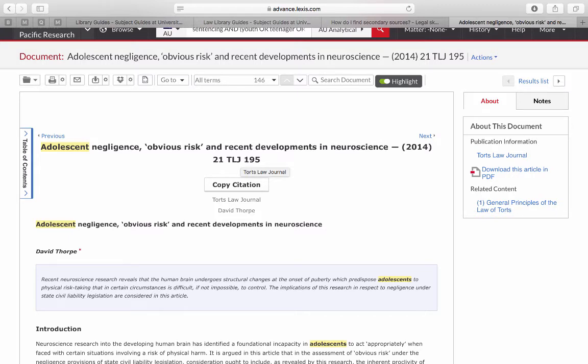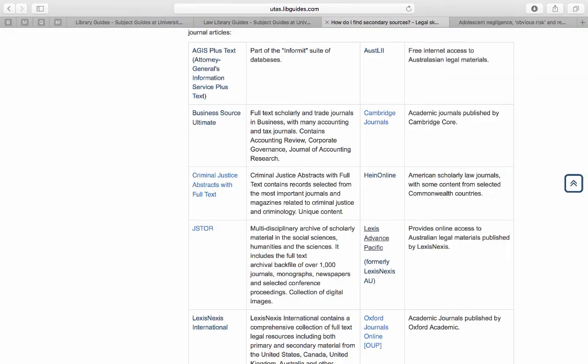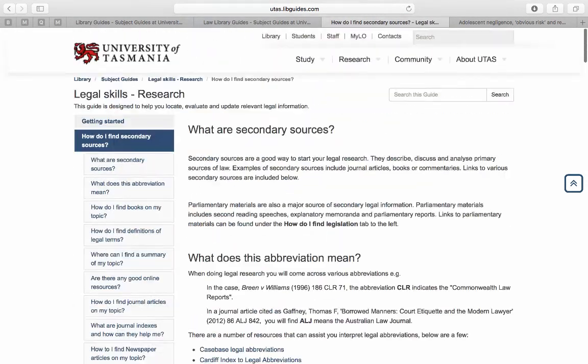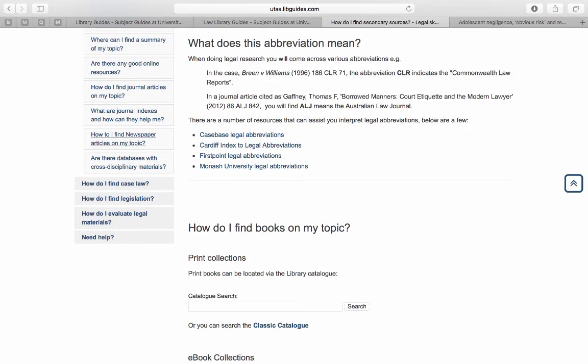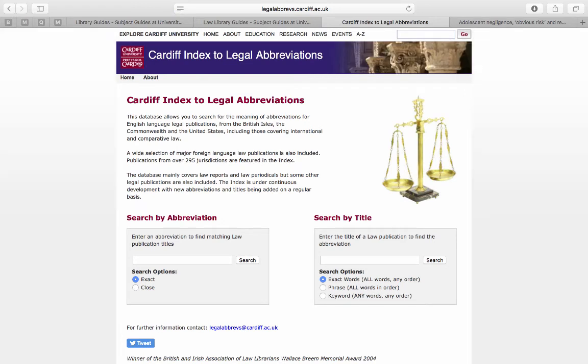So what is the journal title? If we go back to our library subject guide, we can go to "what does this abbreviation mean", and it gives us different options to interpret our abbreviation. At the library here we often recommend using the Cardiff Index to Legal Abbreviations because it is one of the greater databases, and we're going to put into our index here